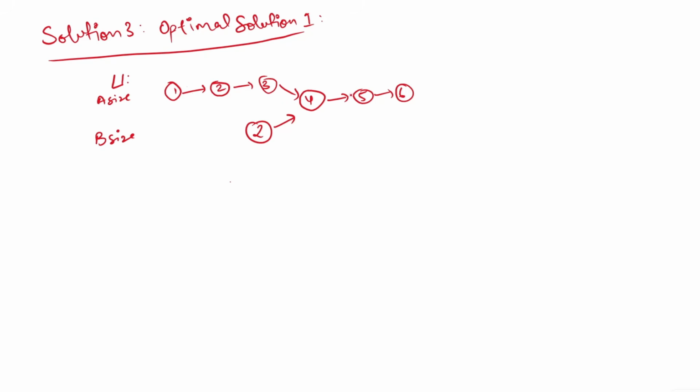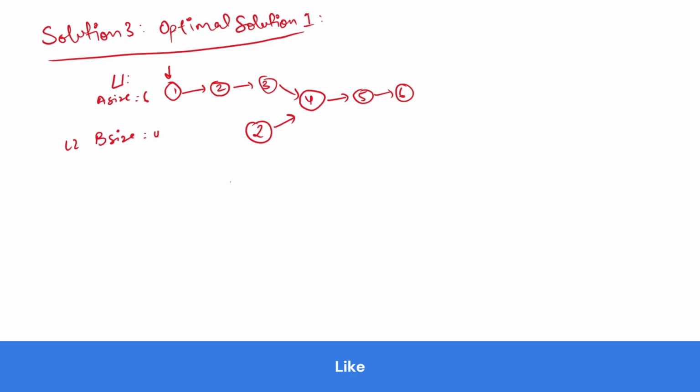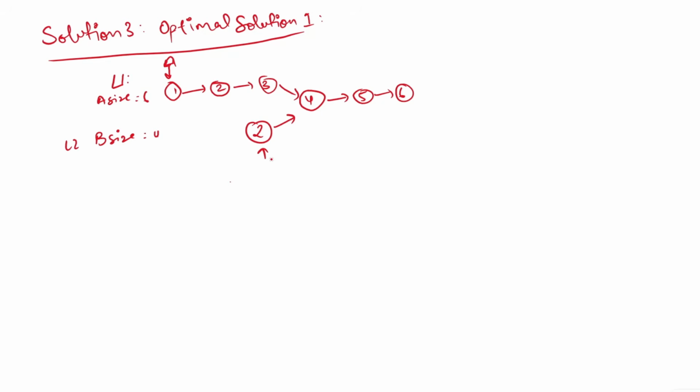So if you see 1, 2, 3, 4, 5, 6, the size of list 1 is 6, and the size of list 2 is 1, 2, 3, 4, which is 4. So we will move the bigger list's pointer by the difference of the size. Right now my one pointer is pointing here. Let's say this is our L1, and this is my A, and B is pointing here. I will move my A by the difference of the size, that is 6 minus 4, which is 2. So I will move it 2 points, and now A will be pointing here.